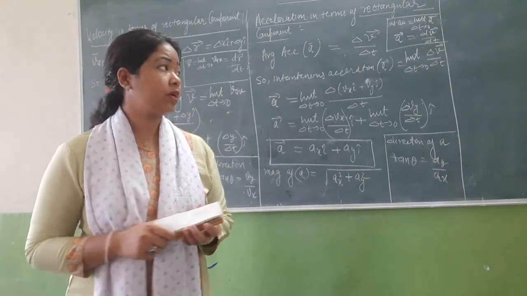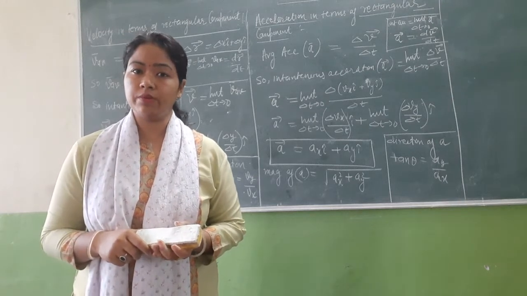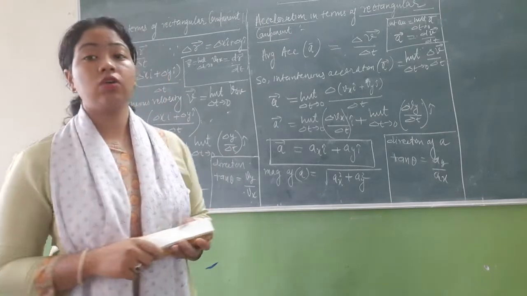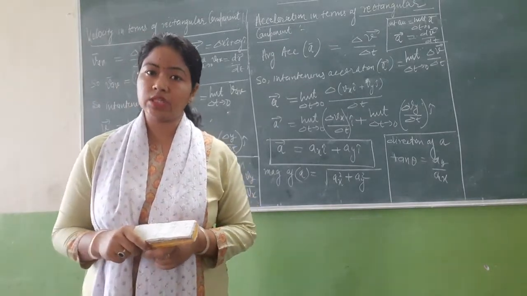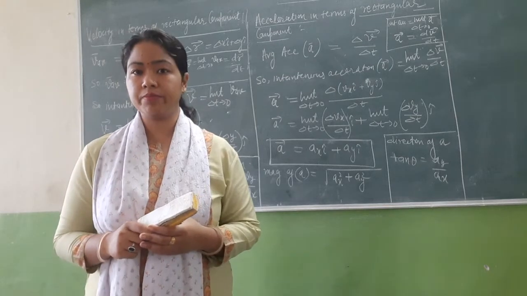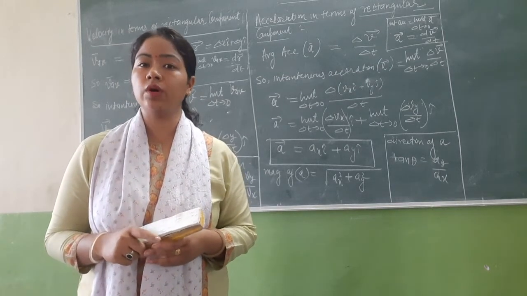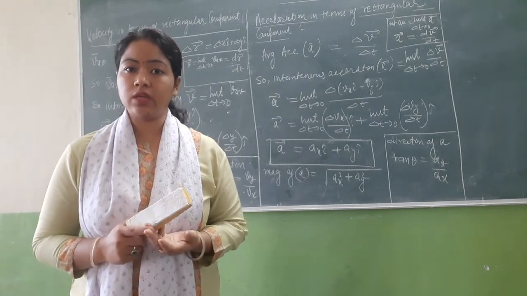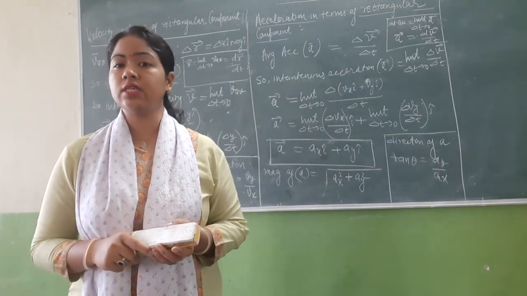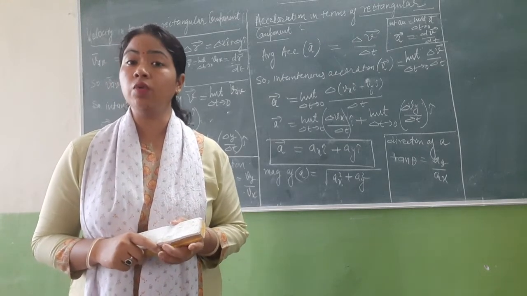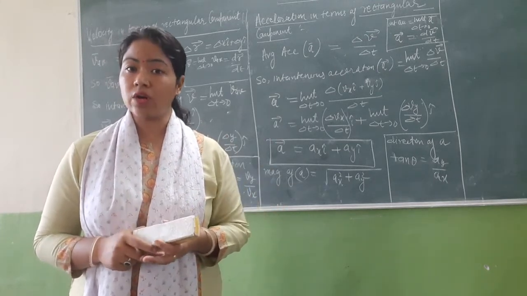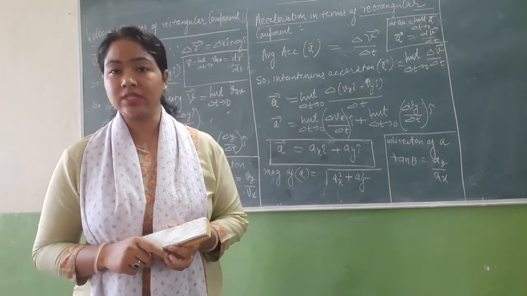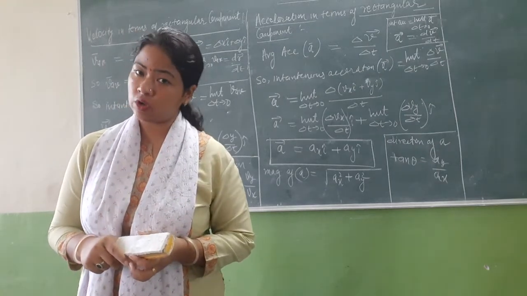So children, after completing some topics from chapter 4, Motion in a Plane, today we are going to discuss the next topic of the chapter, that is rectangular components of velocity and acceleration. In our very first chapter, Motion in a Straight Line, we talked about the derivative formulas of acceleration and velocity, in the form of derivative, instantaneous acceleration and instantaneous velocity. Now, if we have rectangular components for velocity and acceleration, how will we get the formula for instantaneous acceleration and instantaneous velocity?